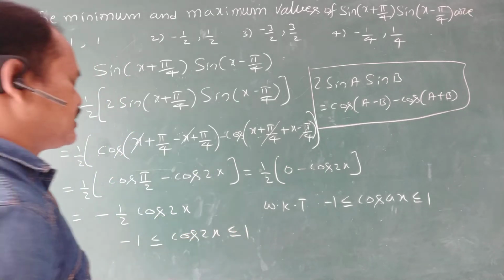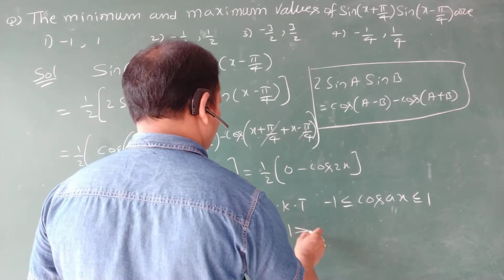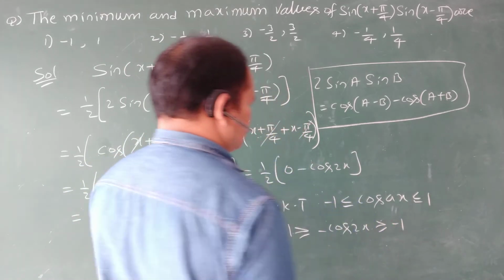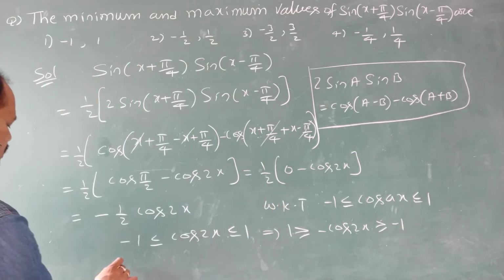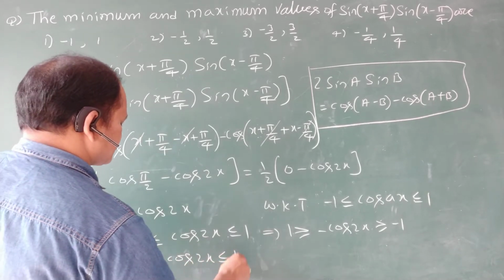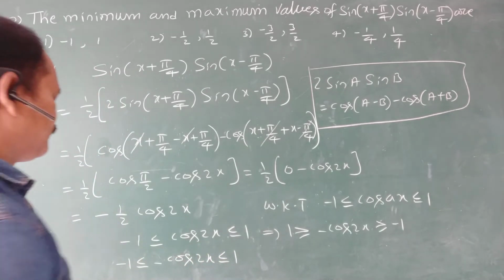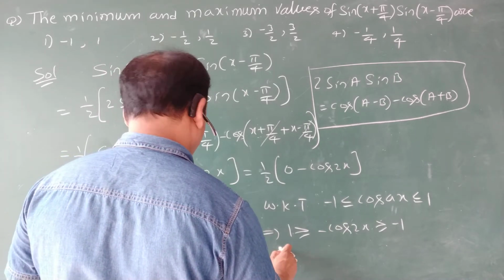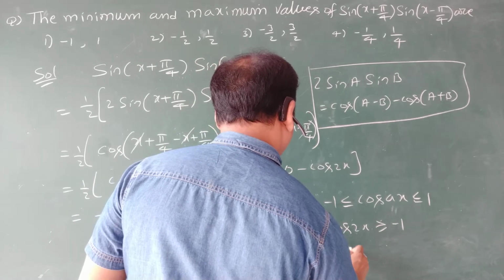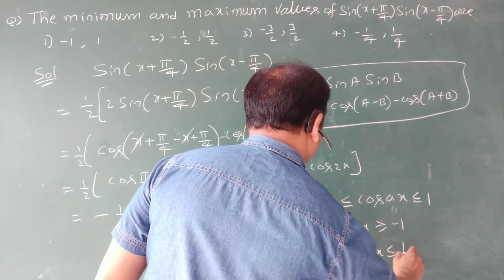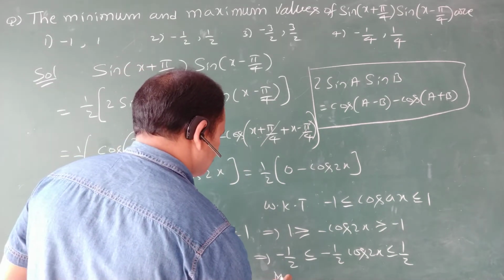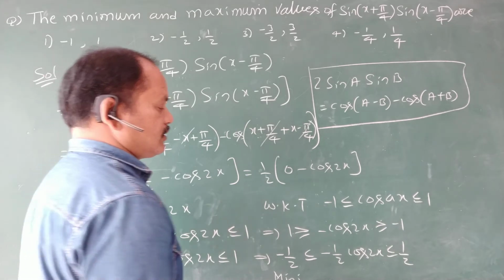Now multiply with negative, then it is 1 greater than or equal to minus cos 2x greater than or equal to minus 1. Now we have to rearrange this one. Now minus 1 less than or equal to minus cos 2x less than or equal to 1. Now divide by 2, then it is minus 1 by 2 less than or equal to minus 1 by 2 cos 2x less than or equal to 1 by 2. That's why the minimum value of the function is minus 1 by 2,